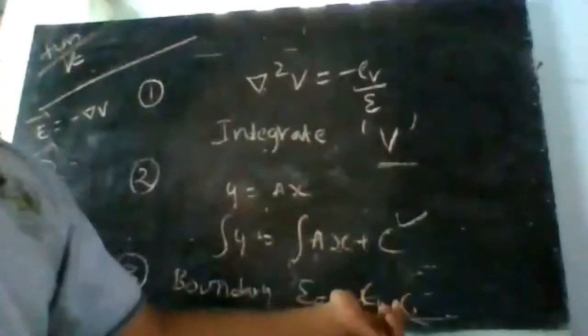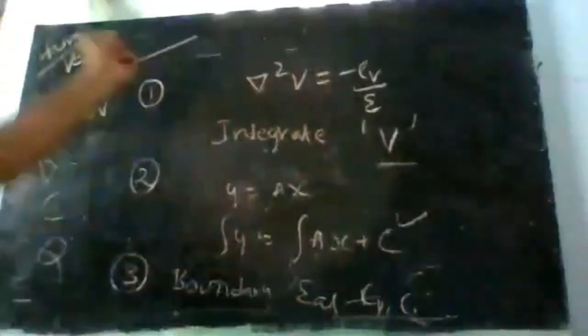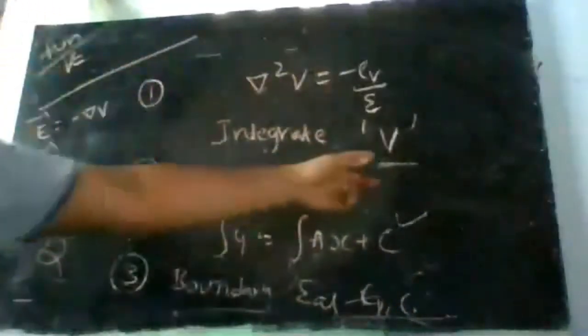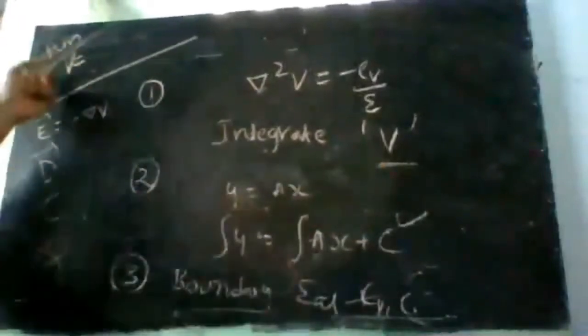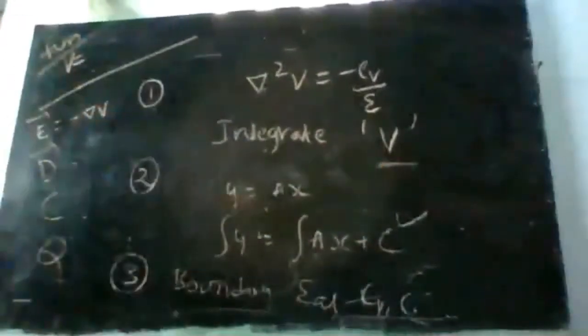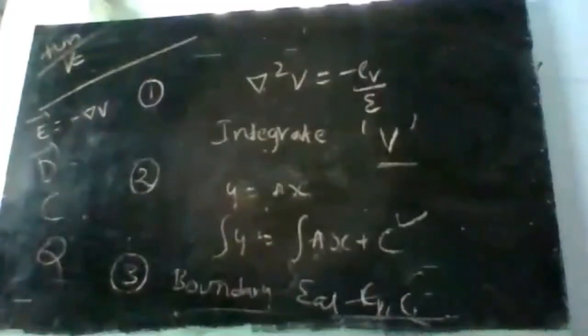Once I calculate C1 and C2, substitute them in the V expression. Here we are solving for V. So substitute the values of C1 and C2 in V, and then we get E bar and everything else. Once we get V, we can calculate anything else. We will understand this better with the help of examples. So write down a couple of examples. Yeah, first example.